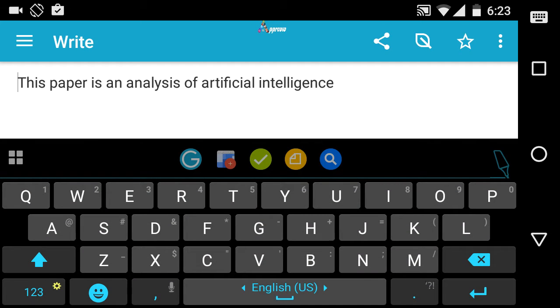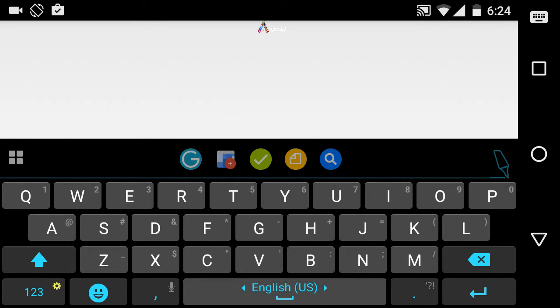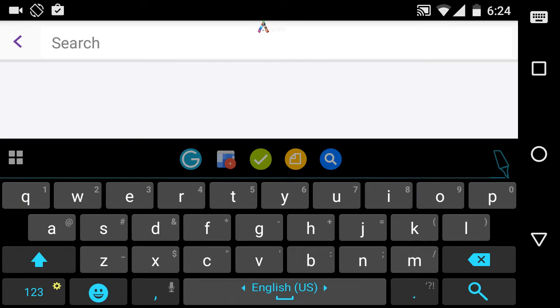Coming to the keyboard section again, in between there is a smart bar. From the Ginger, we can access the translate, rephrase, define and themes options, and we can create an event or open an existing event. We can create a task or open an existing task. We can create a new note or open an existing note, and we can search for the apps or the words from the internet.